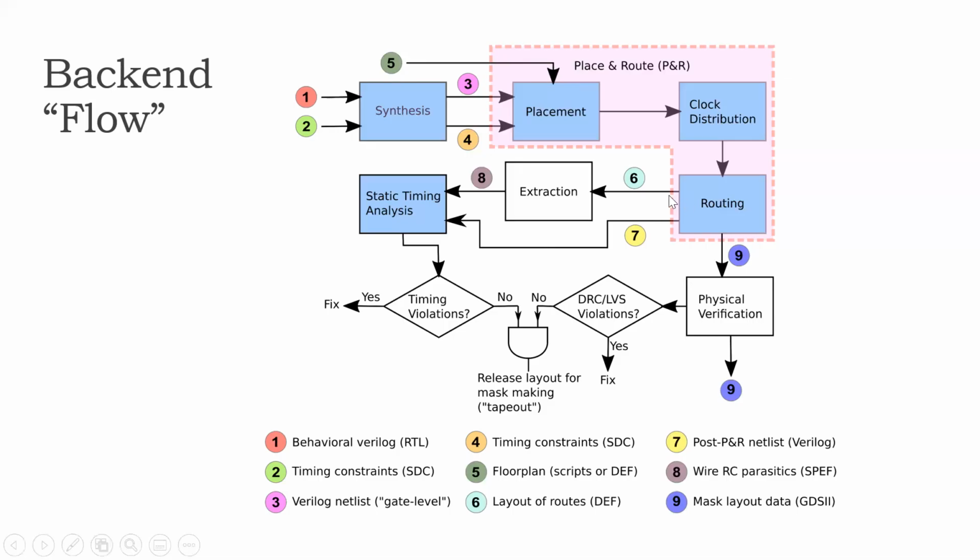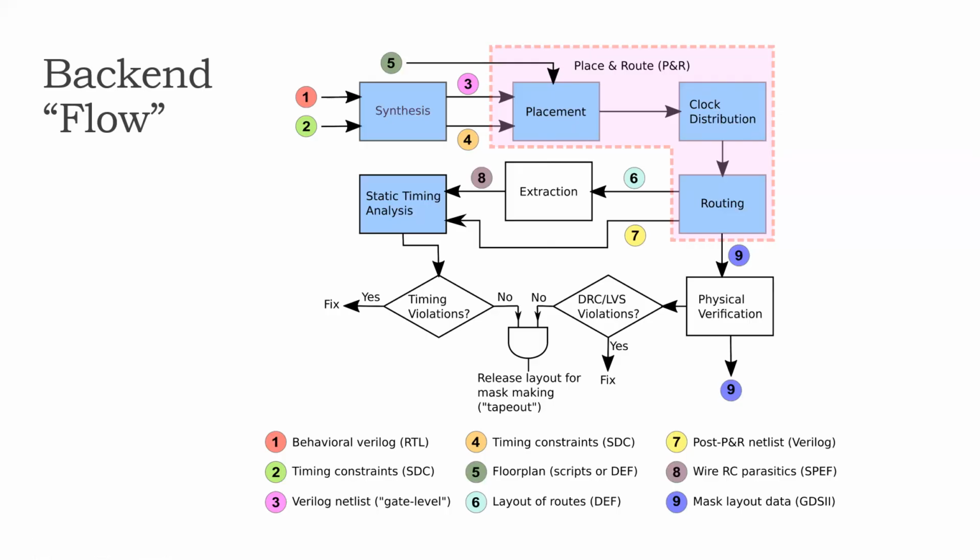is a new netlist. Why is this a new netlist? What is the difference between the netlist 3 and the netlist 7? Well, in the netlist 3, the clock is ideal, so there is no clock tree. Then the placement tool will do some logic restructuring, so that also changes the netlist. So there is a change in the netlist after placement. There's a change in the netlist after clock distribution, because now the clock distribution will introduce the clock tree with